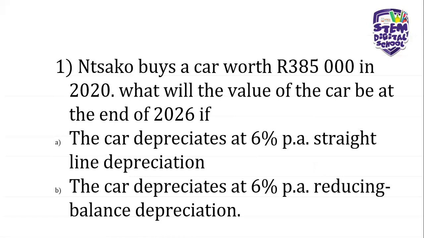So now you can use two types of depreciation. You can either use the straight line depreciation, which is also known as the simple depreciation, or you can use the reducing balance depreciation, which is also known as the compound depreciation. And I like the two words compound depreciation and simple depreciation because they automatically direct you to the correct formula. So once you know that the reducing balance depreciation is the compound depreciation, then you will not struggle with